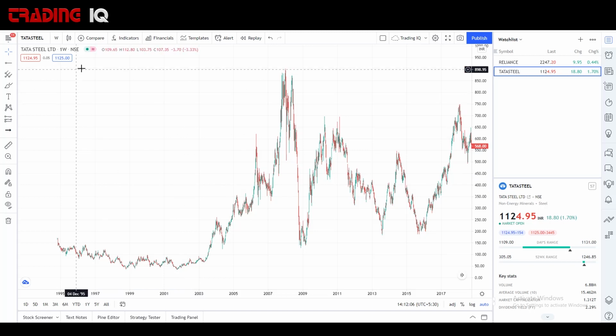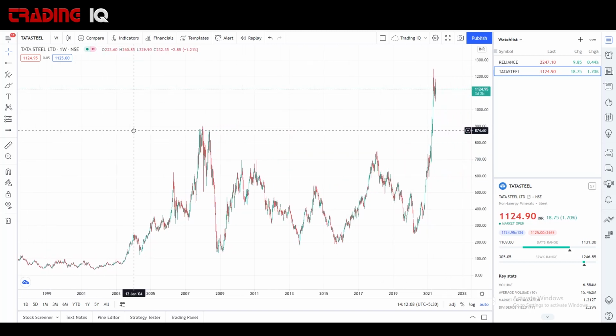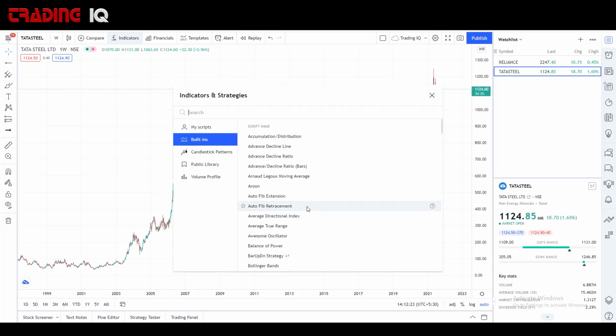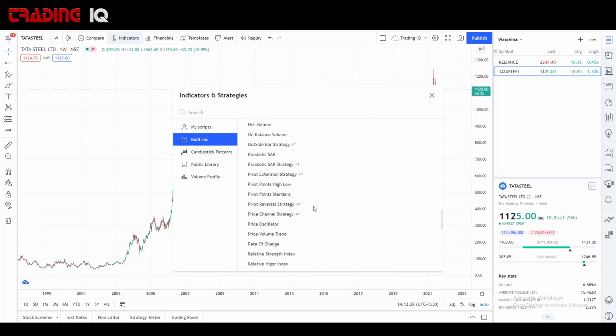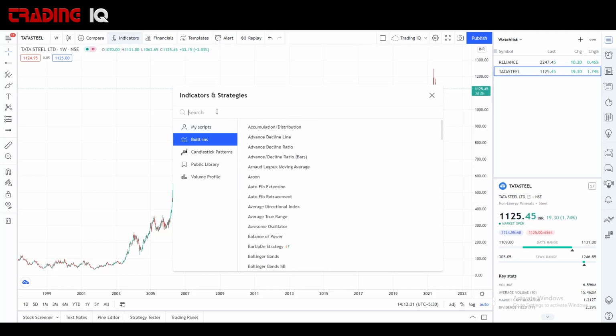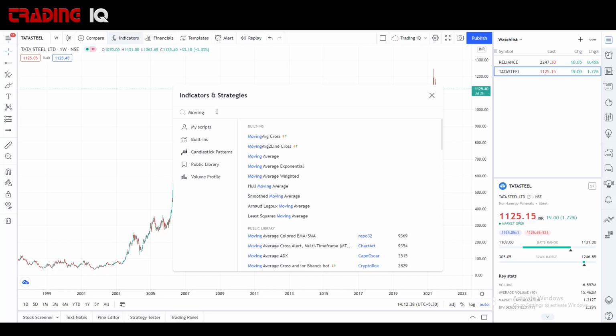Now, in the stock market, moving average does the same thing, right? The concept is the same. Do not think that it is exactly the same; the concept is the same, so you understand better. So how can you draw a moving average? For that, you see indicator here. You would click on that. As I was mentioning, there are so many indicators and you can get lost, right? So don't worry about them. Just focus on the indicators that I'm teaching you, and your life will be simple and profitable. So let's search for moving average. You see the moving average? Just click on that.